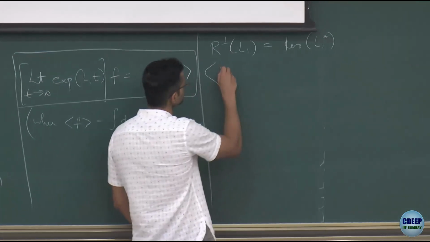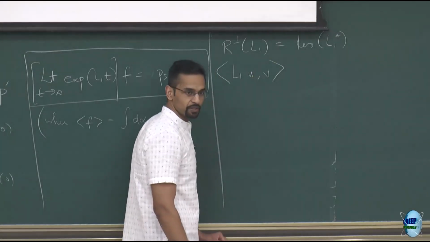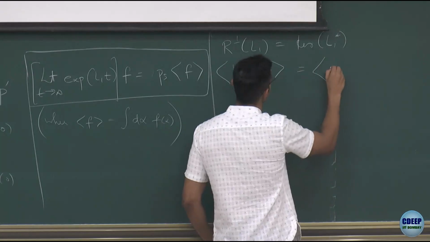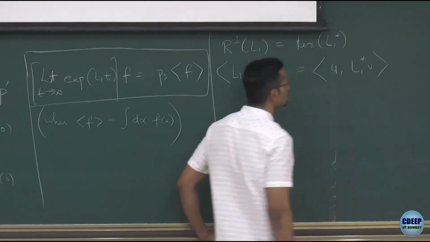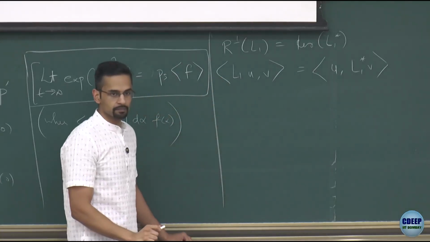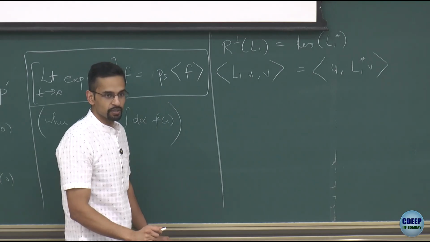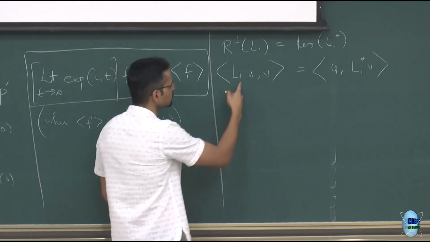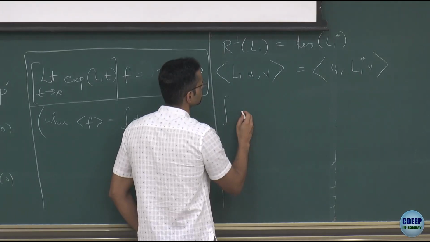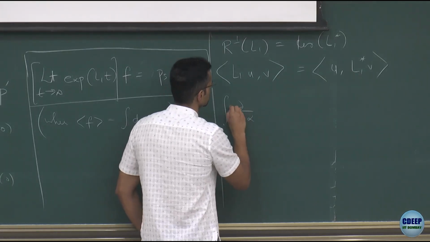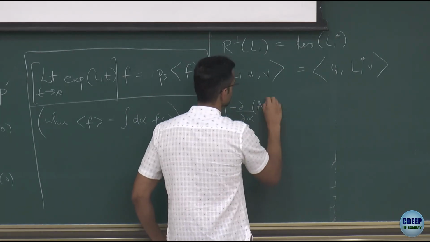So how does one do that? You start with L1 acting on some U and take the dot product with V, and you want to find L1 star such that this is true. And then you have to choose the boundary conditions appropriately, so you cancel out any boundary terms. So we start with the left-hand side. So you have minus dou by dou alpha A U